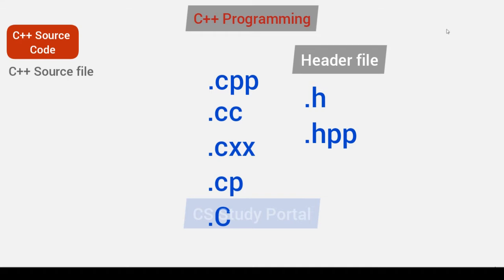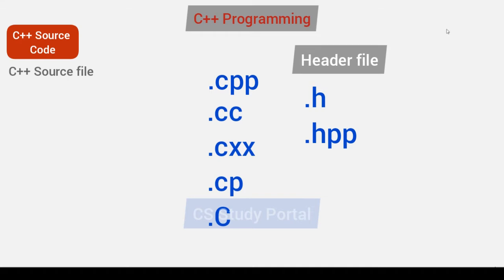Now, what is the difference between the file with the .cpp extension and the .hpp extension? The file with the .hpp extension, or the header file, will contain the declaration of features, and the file with .cpp will actually contain the implementation.